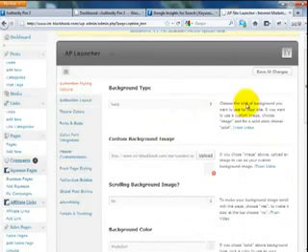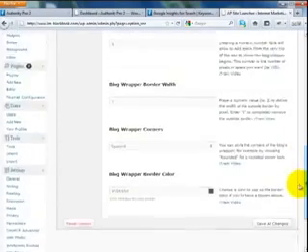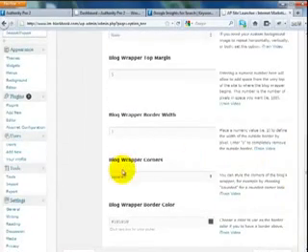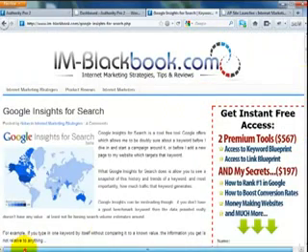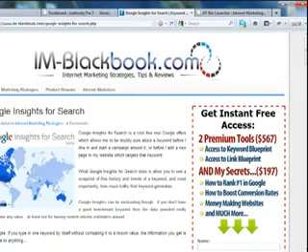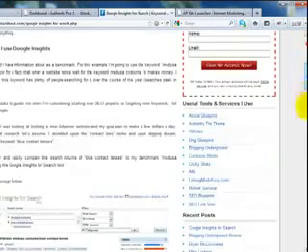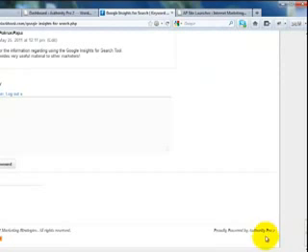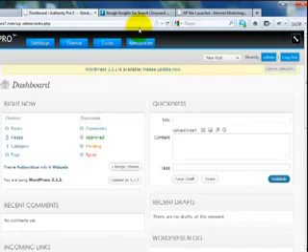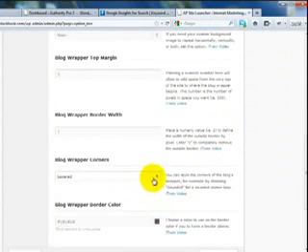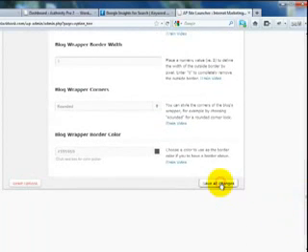So a good example is the border, for example. Let's say at the moment, if you have a look at this page here, we may not be able to see it because, let's see, here for example, if you look at the top, it's got a square edged border, and if you look at the bottom, it's the same. If I now want to make that rounded, I can do it. I come in here and I say make that rounded, save my changes,